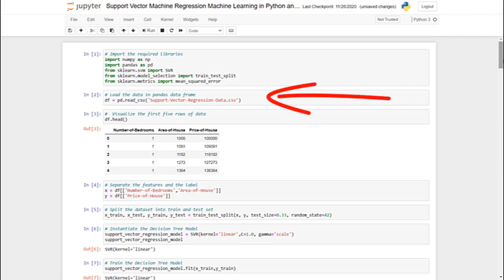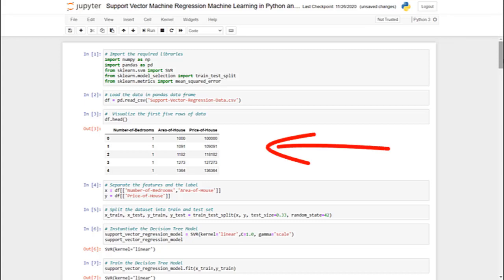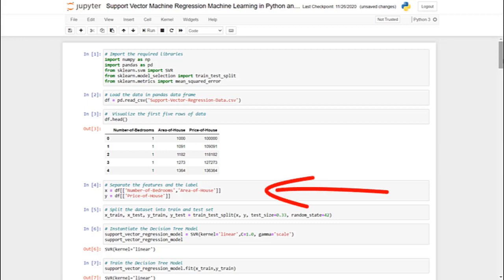Data is stored in the CSV file named support vector machine regression data.csv. In cell 3, we are exploring the first 5 rows of the data. In cell 4, we are separating the features from the dependent variable. The independent variables are stored as x and the dependent variable is stored as y.